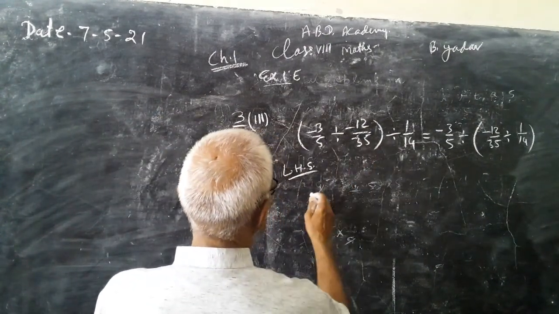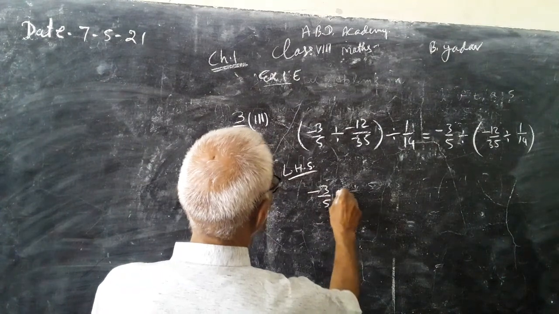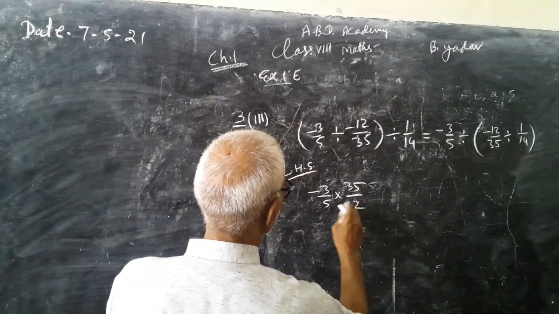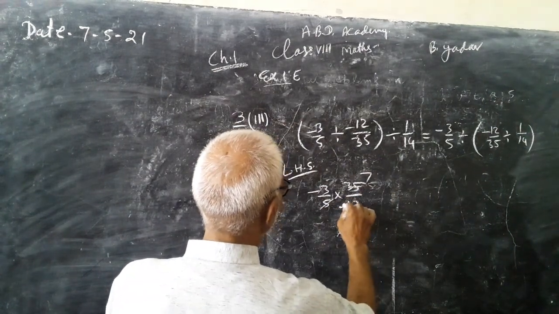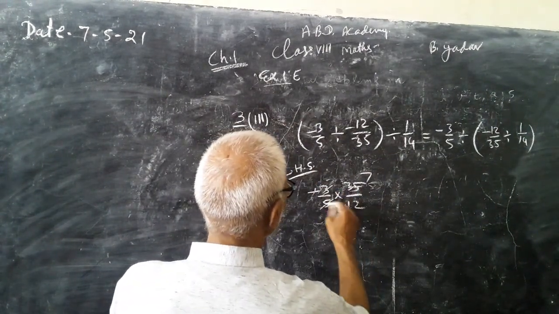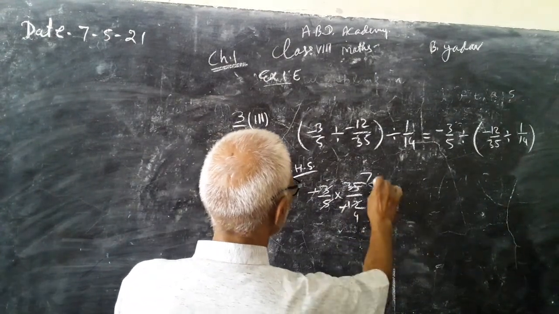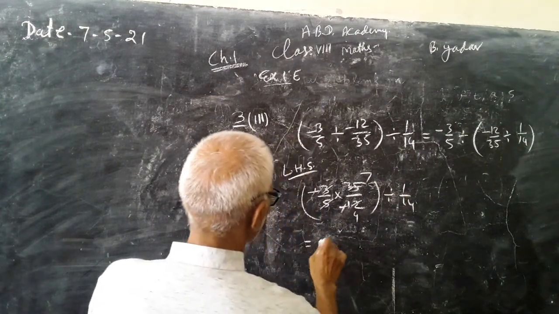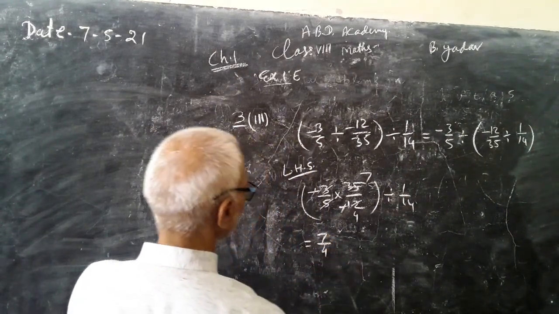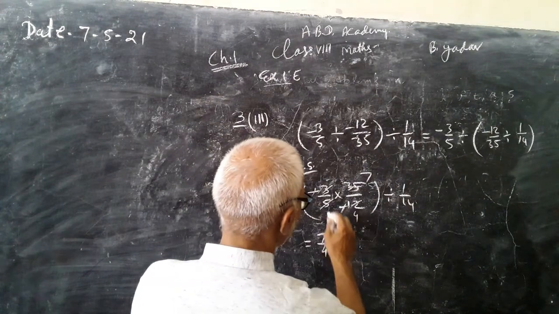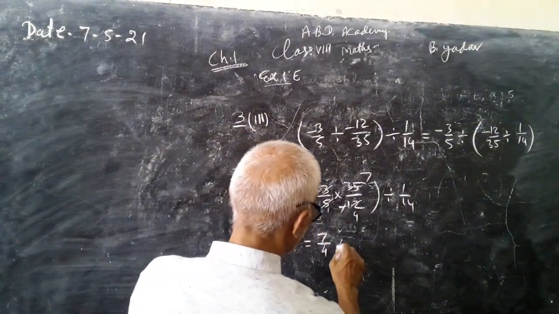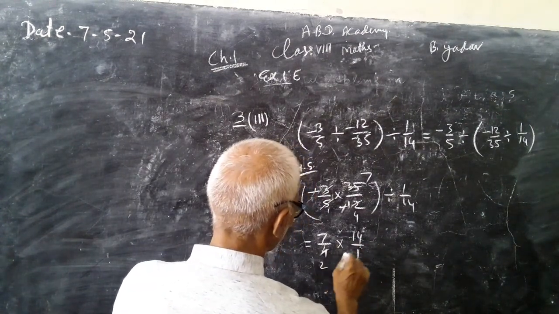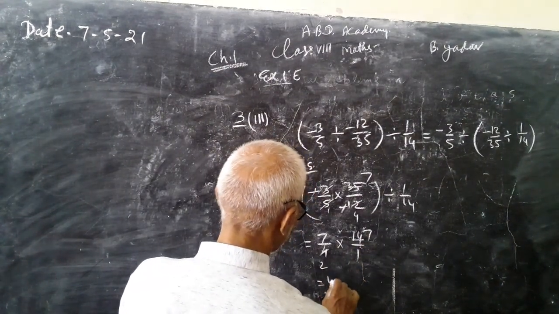So first, solving this bracket: minus 3 by 5 into 35 by minus 12. 5 7s, minus minus gets cancelled, 3 4s, into 1 upon 14, so it is 7 by 4, into 14 by 1. 2 2s and 2 7s, result comes